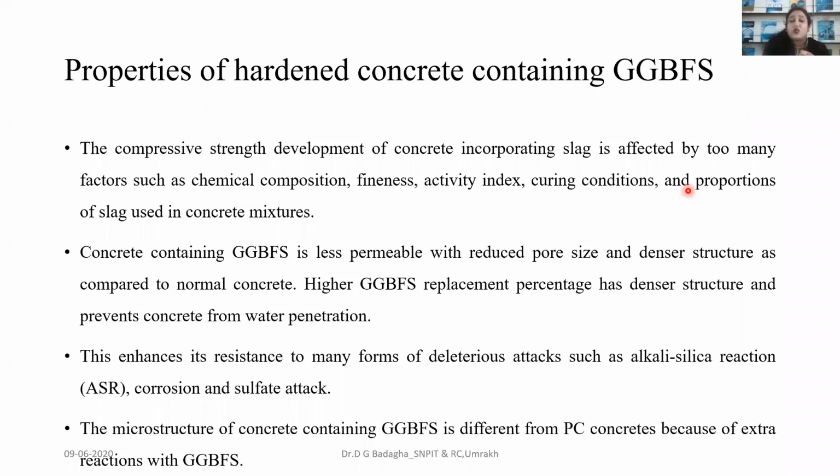But whenever we are using that GGBFS for 20 megapascal concrete strength, so that GGBFS is giving us more strength compared to conventional concrete. So conventional concrete means what? We know that 100% of cement. But whenever we are using some portion of GGBFS to some extent, it is giving good advantages of properties in response of strength. So it is a very salient feature for GGBFS in a concrete manufacturing process.